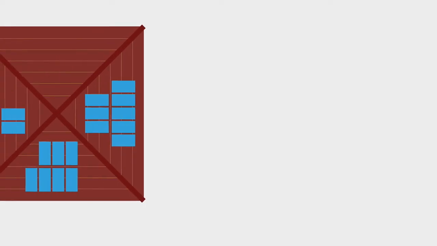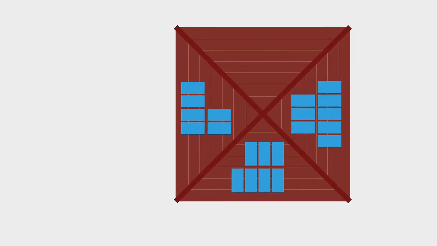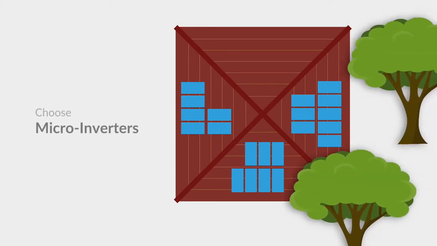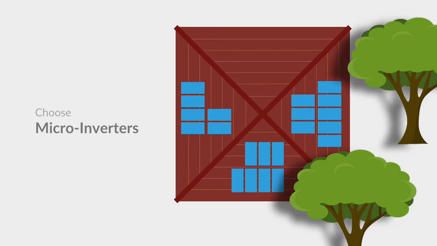If your solar system is facing multiple angles, say some panels are facing south, some east, and some west, then microinverters are the way to go. Also, if you have shading issues from trees or a large chimney, again, microinverters would be best. In these situations, the solar panels will be producing different amounts of electricity at different times of the day, but microinverters will ensure that you harvest all of that energy, while with a string inverter, you will lose some of